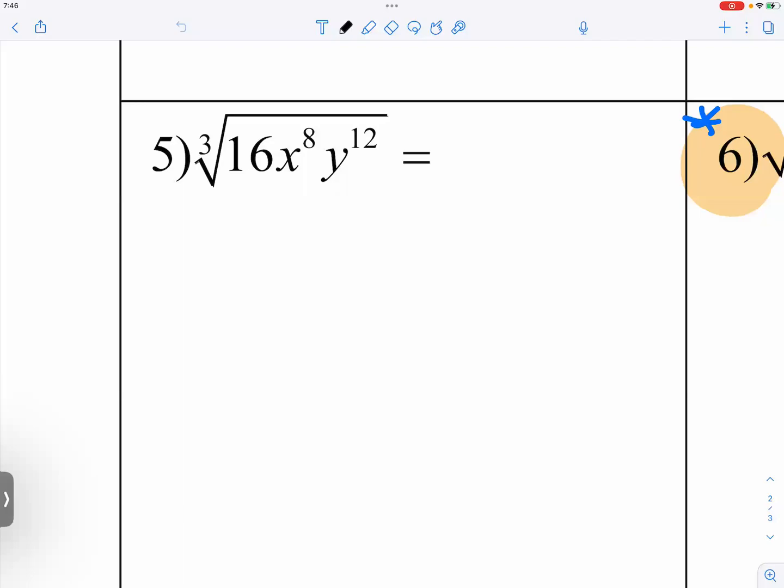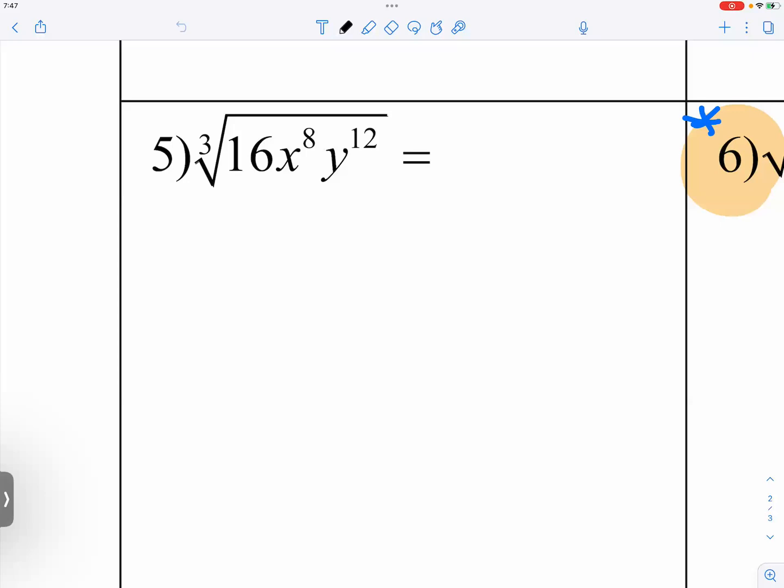All right, so for number five here, there will be one question just like this on the quiz tomorrow. So yesterday we did a couple of questions about the cube root. The thing is, we want to have scenarios such that the cube root and the cube could be canceled out, right? So if the exponent is a number divisible by the index, in this case 3, that would be